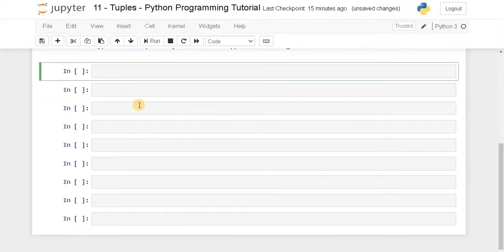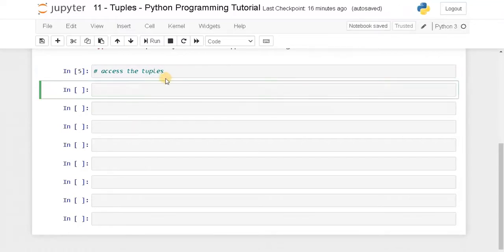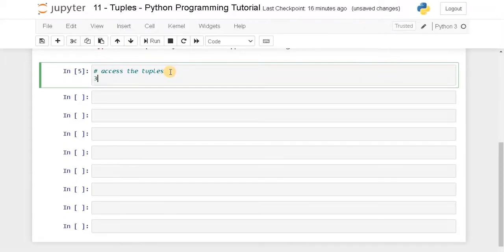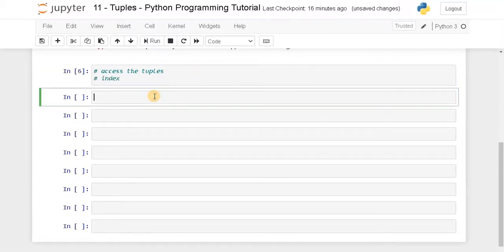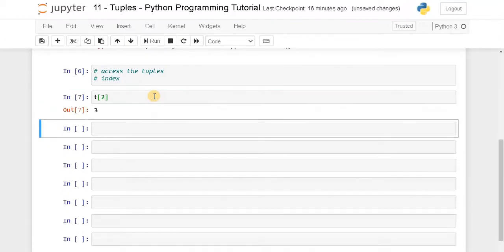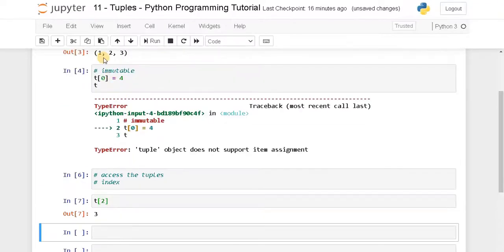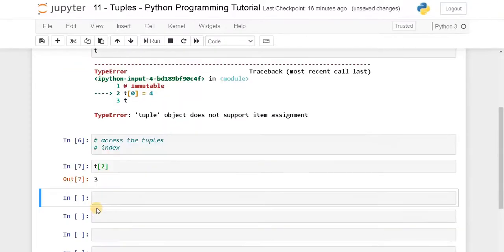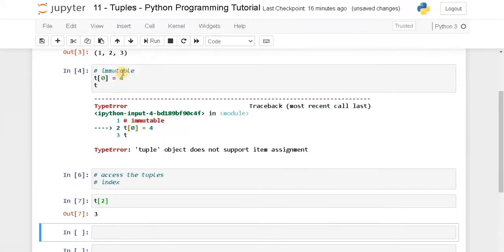Now access the tuples. Similar to list, we can access the tuples using the index. Let's say I want t of 2. Let's run it. Here t is 1, 2, 3 and t of 2 is 3.